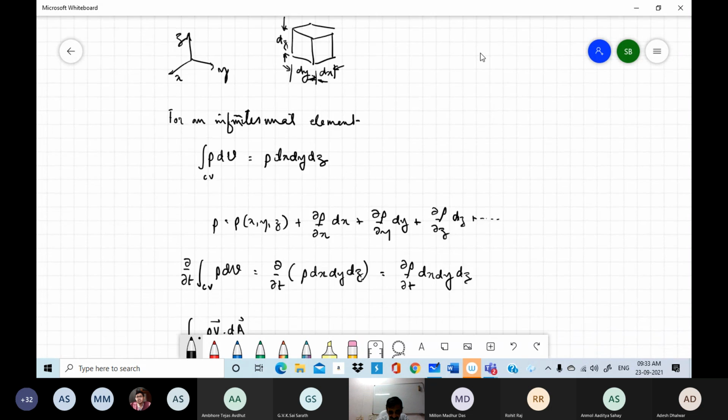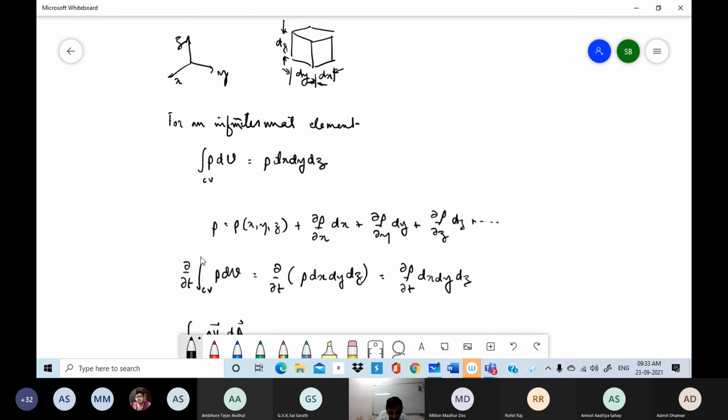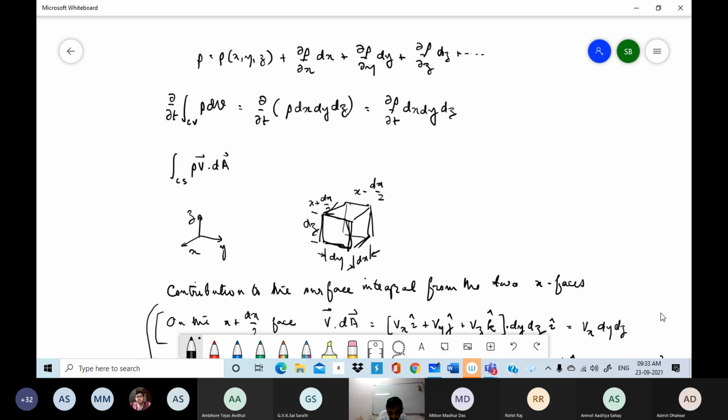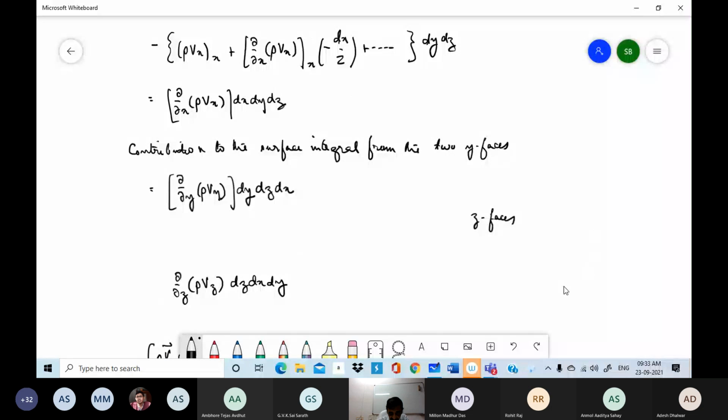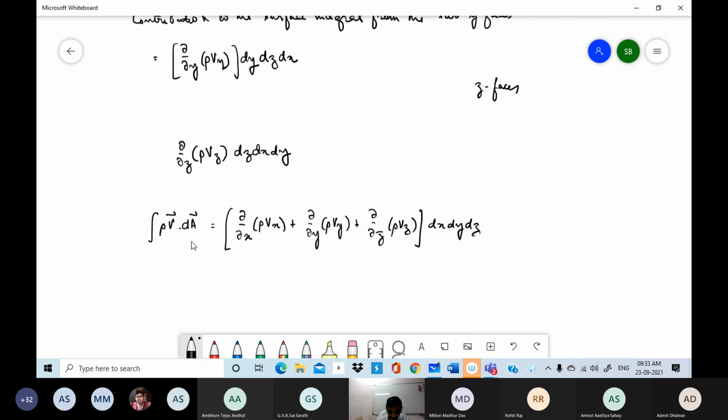So the derivative of the integral over the control volume, if it is an infinitesimal element, gives me this. So that gave me del rho by del t dx dy dz plus the surface integral. So this is the surface integral. So that gives me